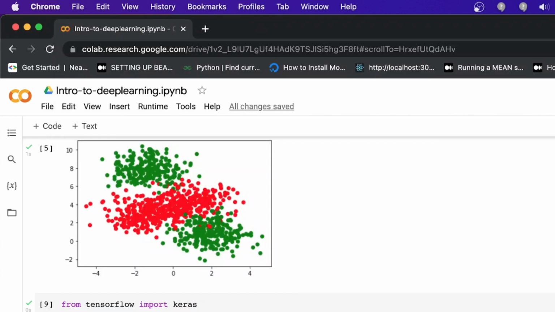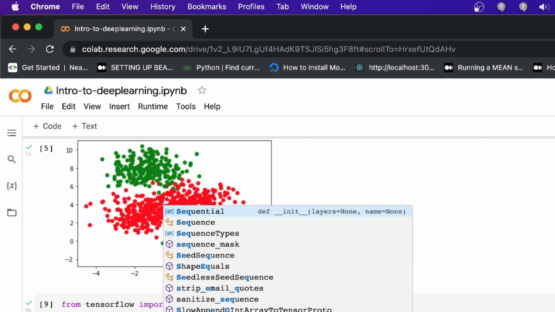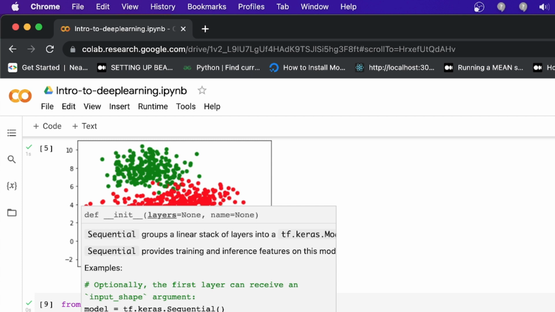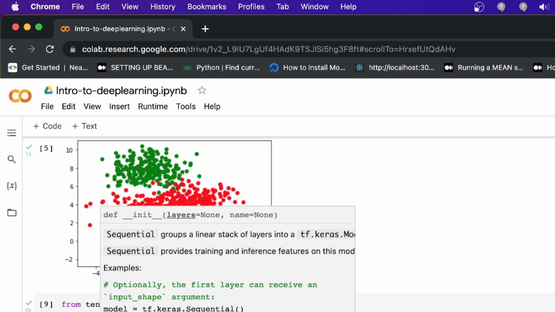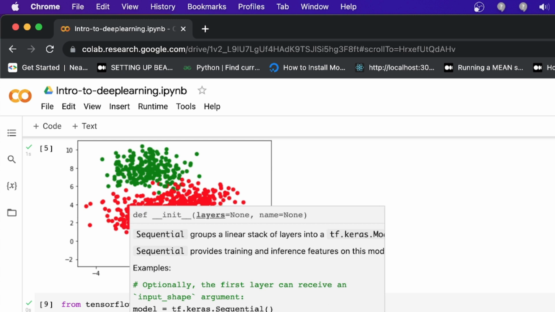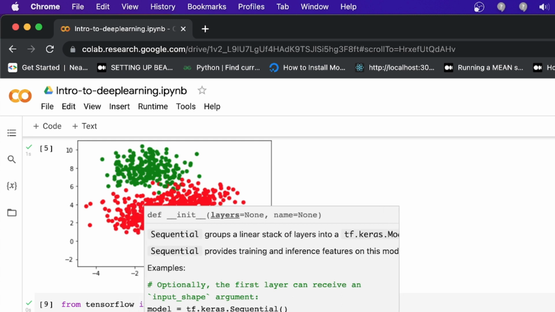So first I am going to use sequential. Sequential needs a parameter which is an array. The array contains the layers, because we are going to create one layer. So I am going to use a layer, and the first layer is called dense, the layer with the dense function.